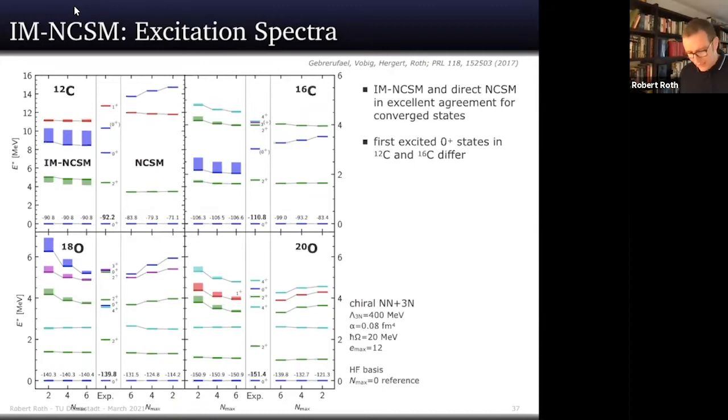So the limitation for the NCSM part, if you reach something like Nmax 10, is clearly the storage for Hamilton matrices, and you need 1, 2, 3 terabytes of main memory accumulated over your different nodes for that. So we have a very nice machine in Darmstadt which has exceptionally large main memory on the individual nodes. So this is a calculation which would nowadays be done on, say, 16 or 32 nodes. In the past, we used thousands of nodes for this calculation. So this is really, really heavy.